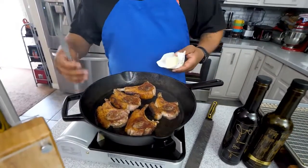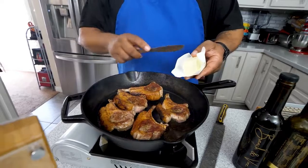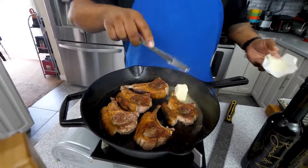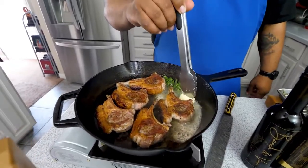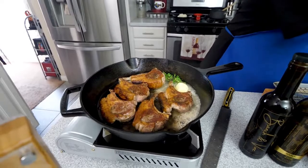Okay, now look, I reduced my heat down to, I'm going to say, a medium low. I'm going to go ahead and put a couple of tablespoons of butter in here like this, right? This is where it gets a little fun. Look, I'm going to add a little bit of my thyme, because we want that butter to be infused with the thyme. I'm going to grab my press,